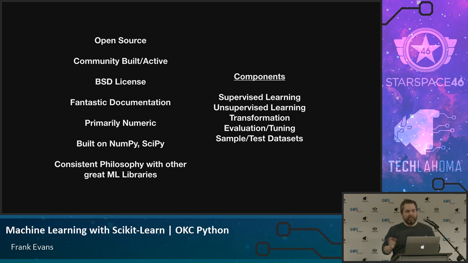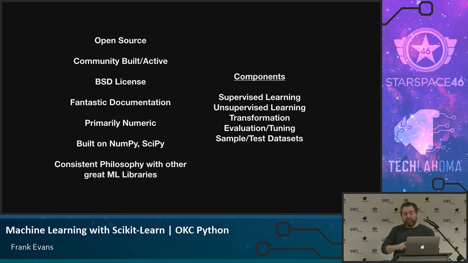Similar if you picked up something like Keystone, or wanted to do some stuff in Spark. Again, the philosophy is very consistent with other fantastic machine learning libraries. So I don't know whether they invented it or not, but it's a good way to get it in your head, and we're going to talk about that next.